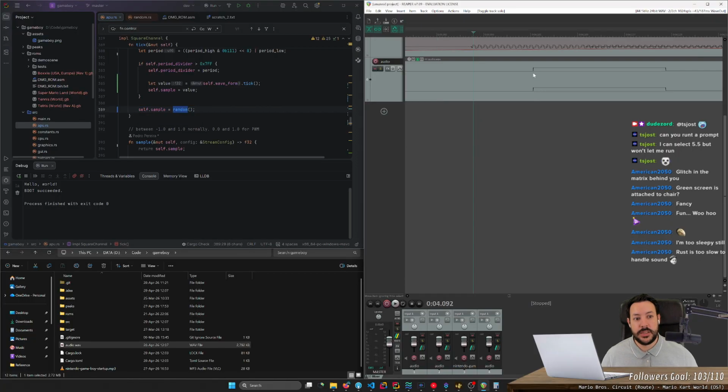But the weird part is that it generates one value here, and then outputs that value for a ton of samples. When in reality, it should generate one here, another here, another here, another here, you know? Like this should be incredibly spiky, and it isn't. And I don't know why.